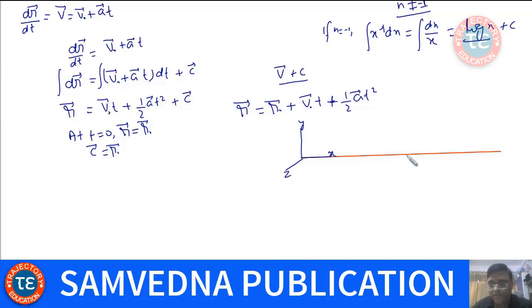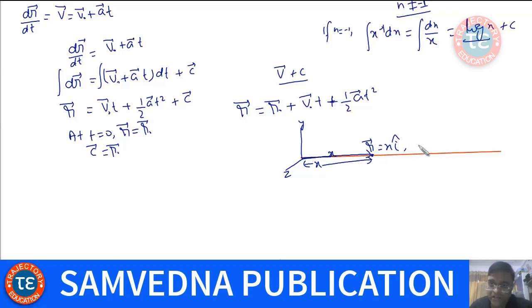See, choosing coordinate system is our freedom. So if I know that the body is moving along this straight line, then I can take one of my axes along that straight line itself. So here you see only the x coordinate is changing with time. At any point, if the body is lying at a distance of x from the origin, then its position vector would be given by x i cap.